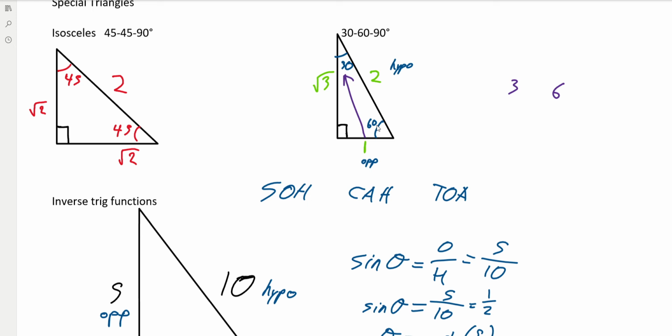Like if you had, for example, cos inverse, which would be adjacent over hypotenuse, and if you had 3 over 6, that is the same ratio as